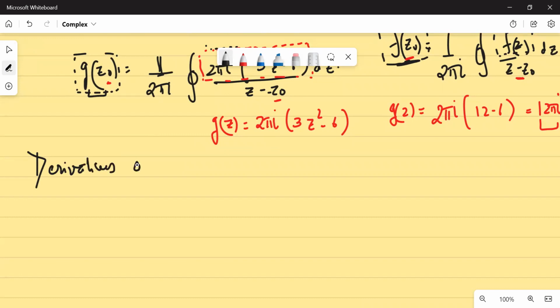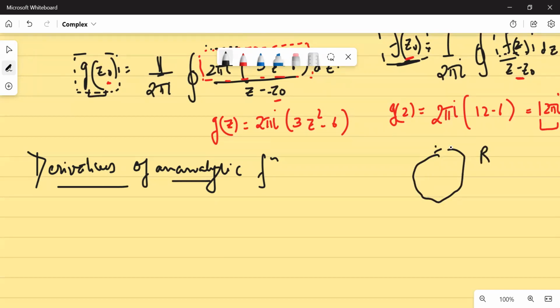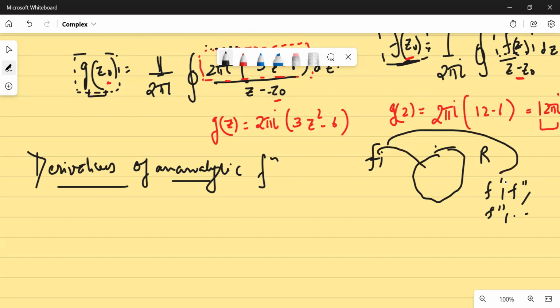I told you on the very first day that in complex analysis, if in a region R your f is analytic, then all the derivatives f dash, f double dash, f triple dash exist. That is, if f is analytic, it means f dash exists. Now, this theorem can also be said as: if your f is analytic, then all your higher order derivatives are also analytic, because analyticity means what? If I'm saying f dash is analytic, that implies its derivative exists, the double derivative. I'm saying f double dash is analytic, meaning its derivative exists, meaning f triple dash.